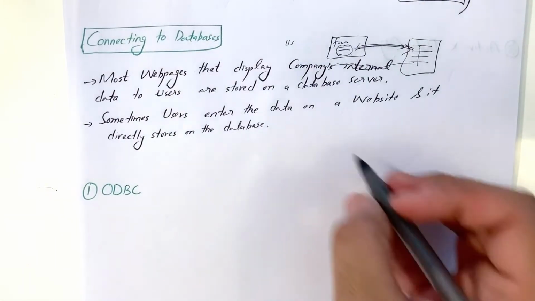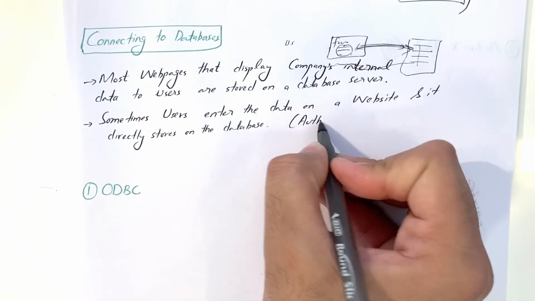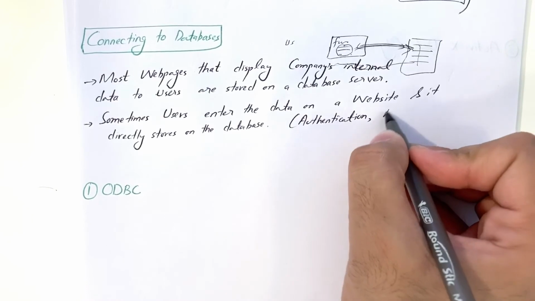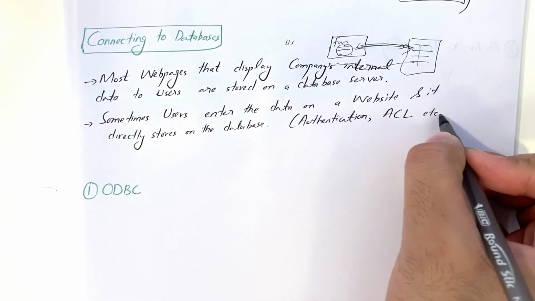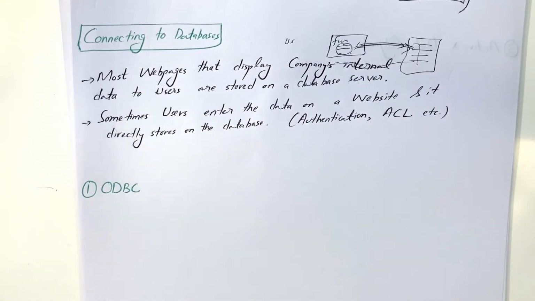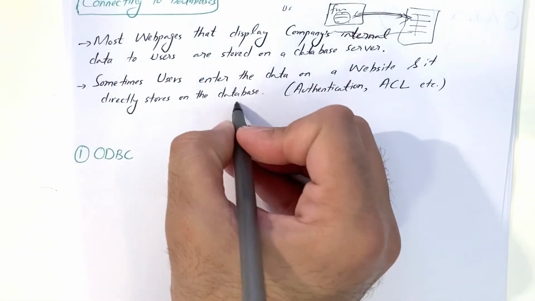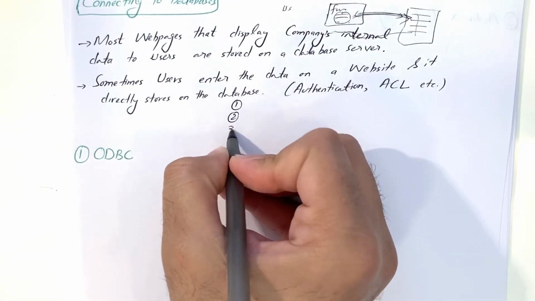We also use it for authentication, user authentication, sometimes for access control, etc. There are some other security features as well where we need to connect a database with our web application. In order to connect a web application with a database, there are mainly three technologies, or three main ways to